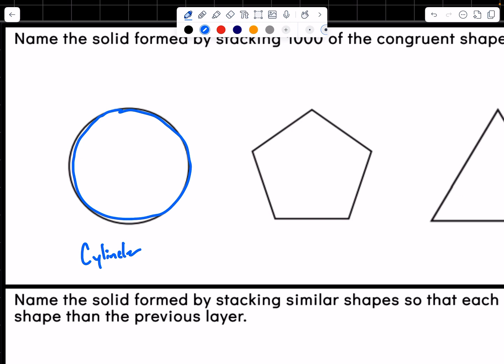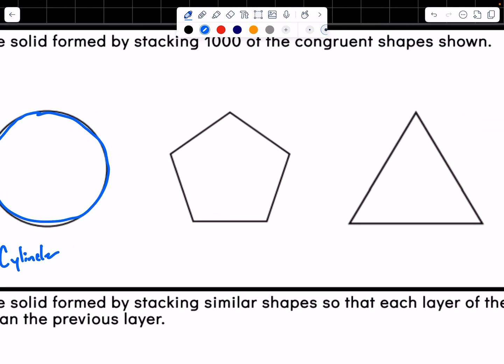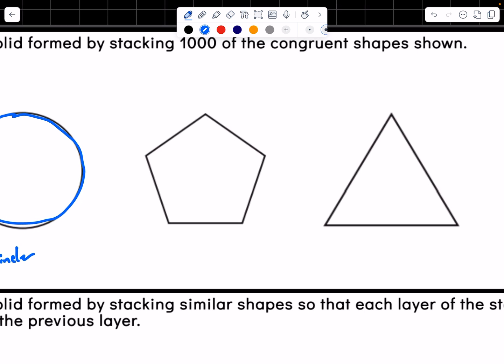Basically what you see though is the base shape, and then we just continue stacking all the way up. So here we have not a cylinder because we have a pentagon for a base, okay? Now, what we do when we have shapes that have two of the same bases, which is what we're going to end up with, because at the bottom of the 1,000 and at the top of the 1,000 stack is going to be a pentagon, and they're going to be the same size and shape. So we have two bases of the same size and shape, which means we are going to have a prism,